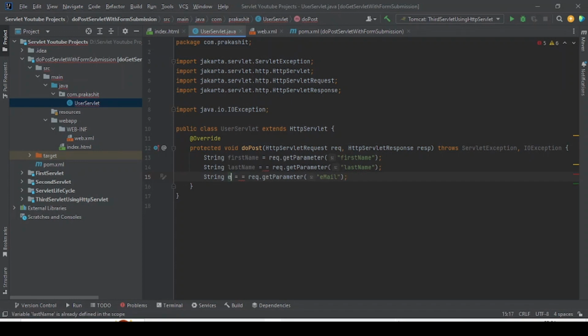This is also email. Okay, fine. Okay, copy paste effect. Okay, fine. So this is the user request we got. This is the data user has inputted. Here we have captured it. So to display it on the console, what we have to do is